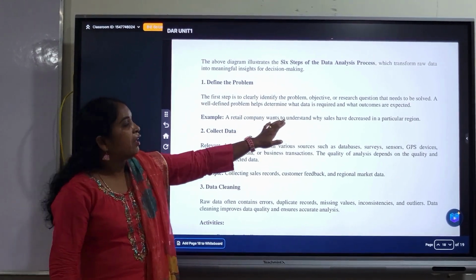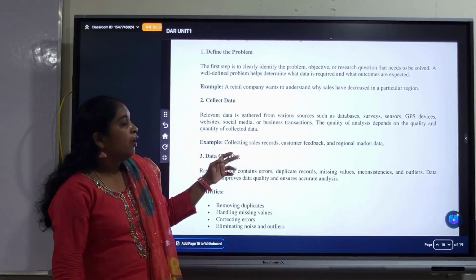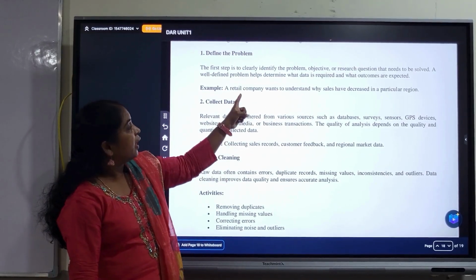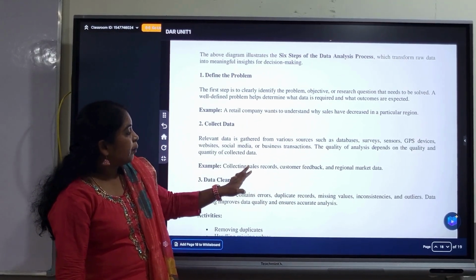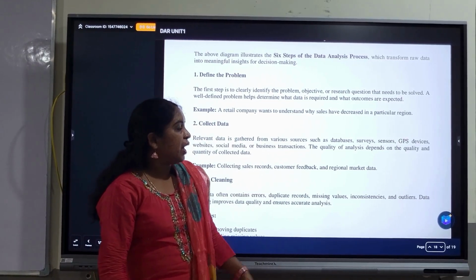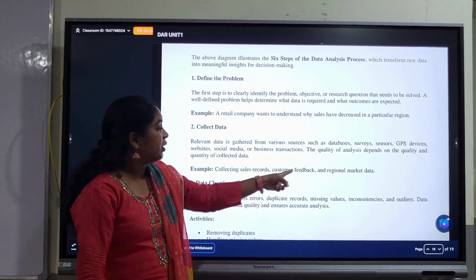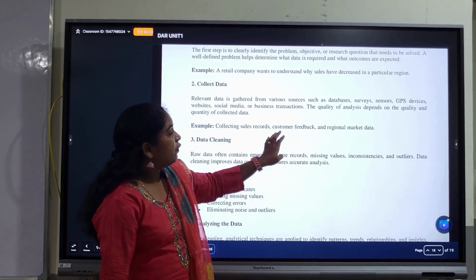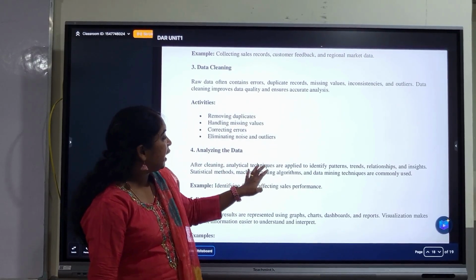After identifying this problem, we should collect the data from various sources. Here we are taking a retail company as an example, right? So for the retail company, we collect the sales records, customer feedback and regional market data. We should collect all the data from these different sources. After collecting the data, the next step is data cleaning.